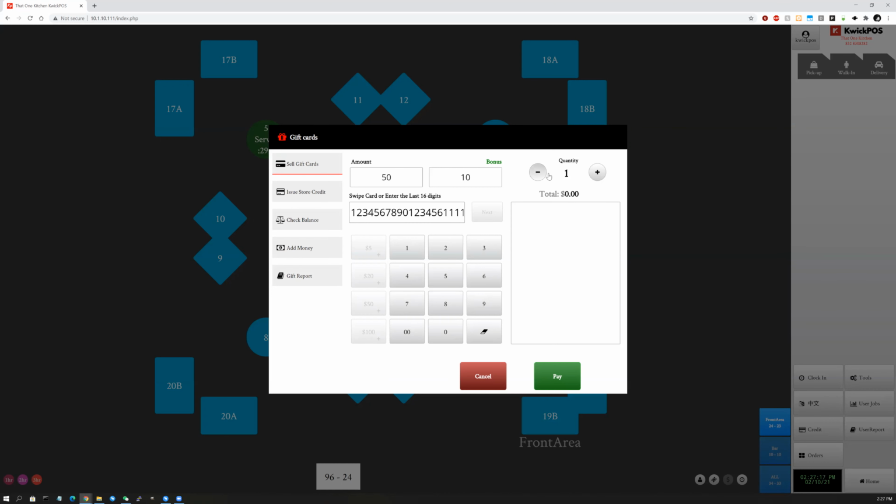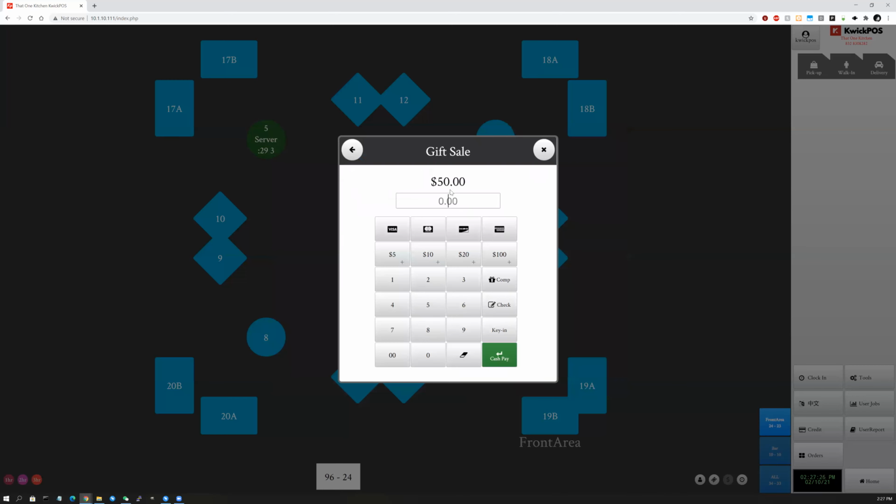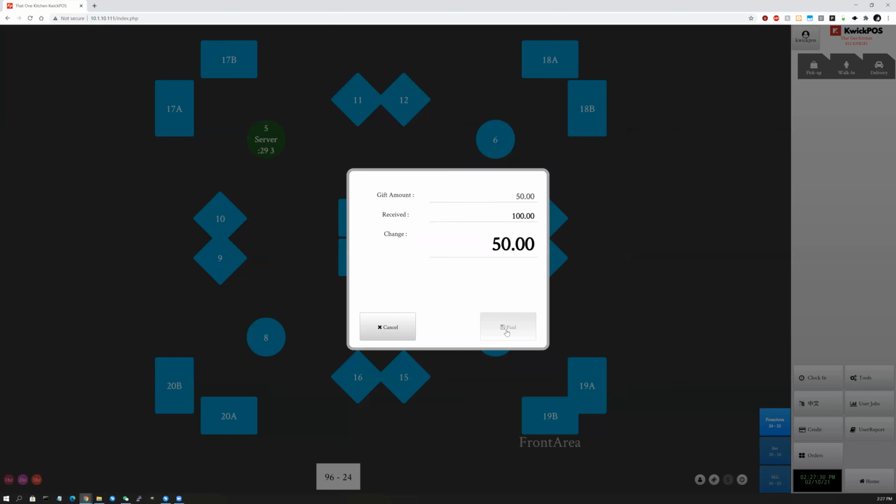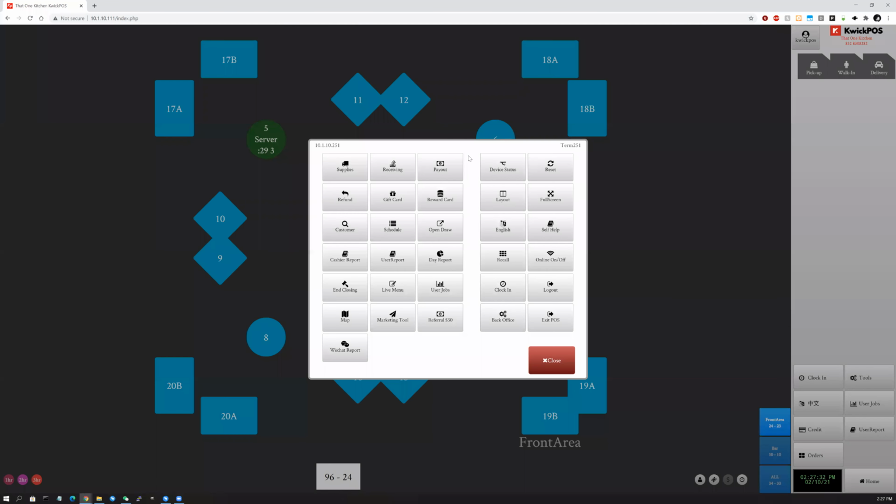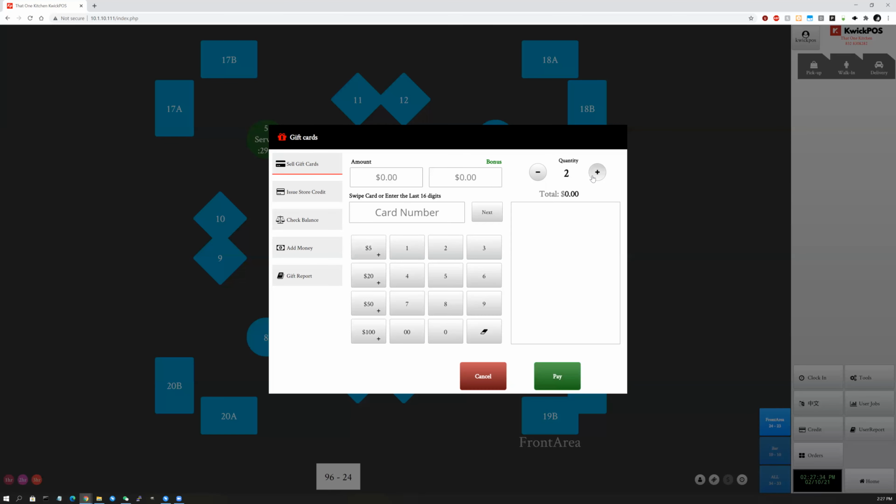And you can also change the quantity here. Say you want to sell 3. So like this, I click pay. Maybe they want to pay by just cash. But what if you want to sell like 4 separate gift cards with different numbers that are not consecutive, right? So